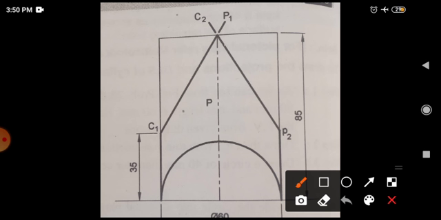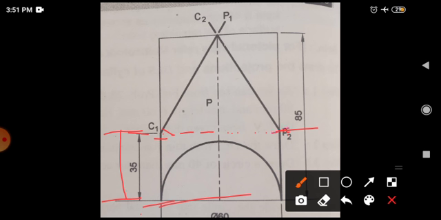How will you draw this? Now take the distance 35, as shown there. You have to take the distance 35 from the base and draw a small parallel line to the base, so that you do not have to take the distance 35 again for the other point. Use the roller scale or set square properly. Now you will have two points at 35 millimeter distance from the base, C1 and P2.